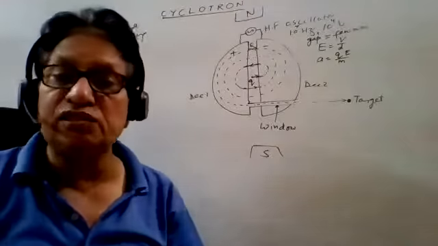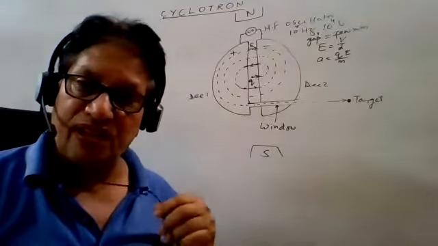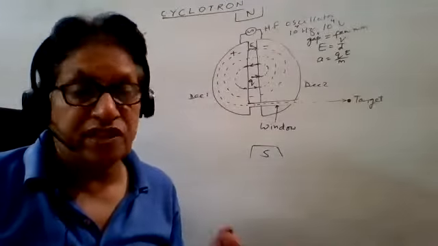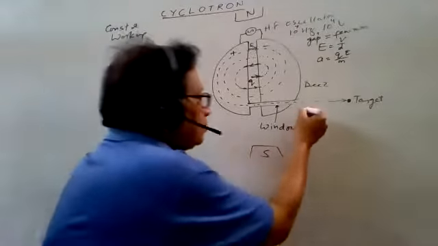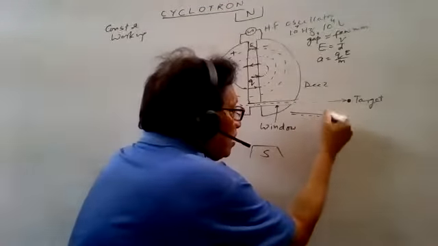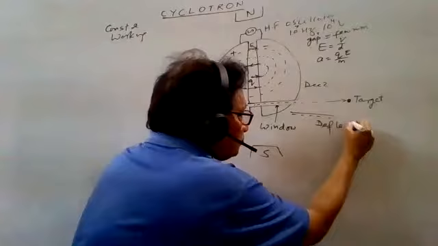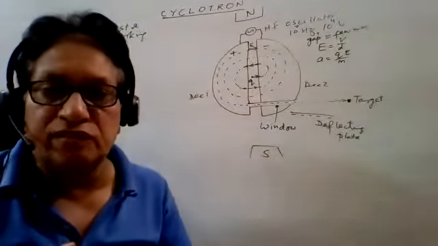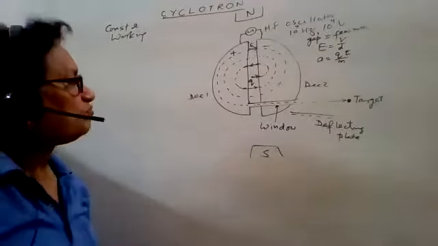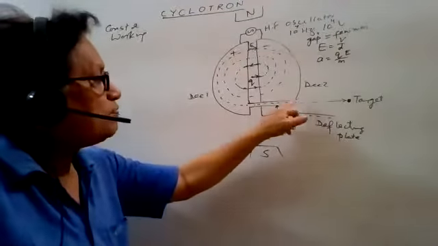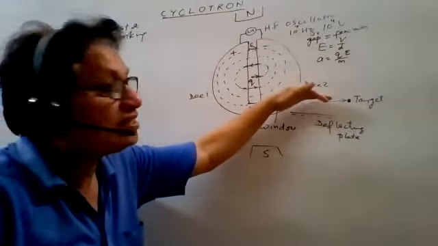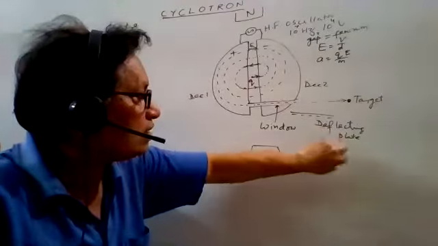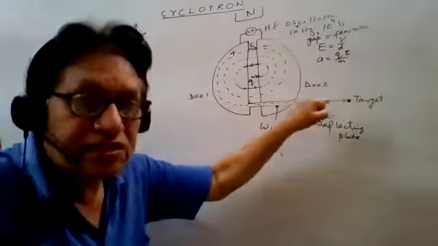Suppose the target is what? Nucleus. It is very, very small. By the way, if the charged particle is not hitting the target, we can adjust the direction by the deflecting plate here. The deflecting plate is negatively charged. If a positive charged particle is missing the target, by adjusting the angle of the deflecting plate, we can make the direction such that it hits the target.